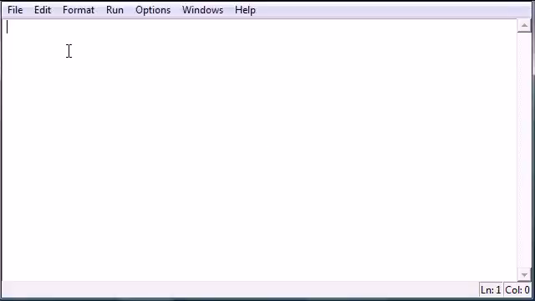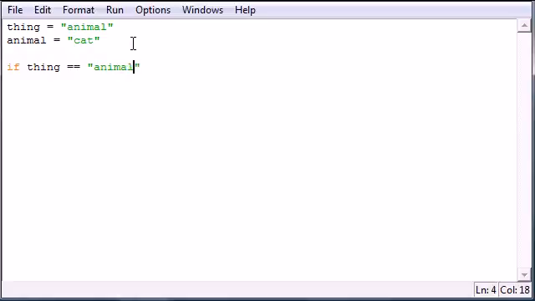So the first thing we're going to need is some variables and to build a basic if statement. So let's go ahead and make thing equals animal, and let's go ahead and make animal equals cat. Now once we get two variables, doesn't really matter what, we can go ahead and make our if statements. So let's go ahead and put if thing is, remember when you're making if statements, you use two equal signs, to test conditions. If thing equals animal colon, and then we're gonna have a block of code right there, and